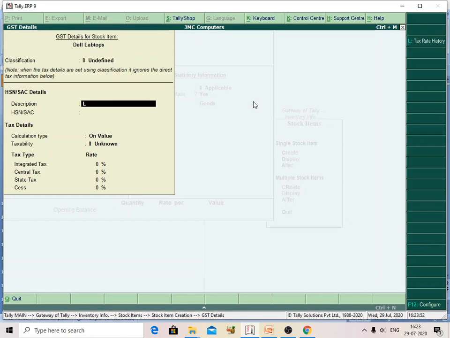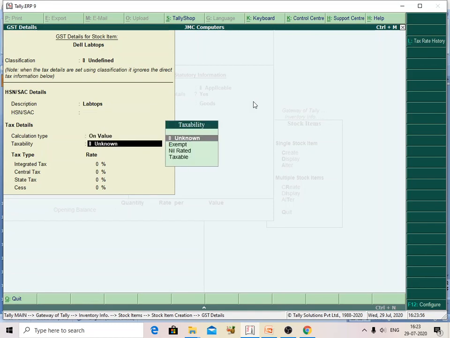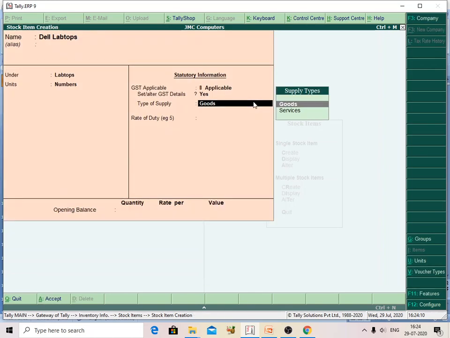Description is laptops, and it is taxable. The tax rate, for example, is 12% here. So laptop is 12%, computer 18%. For the purpose of explaining, I am using different tax rates. Okay, like this. It is goods.